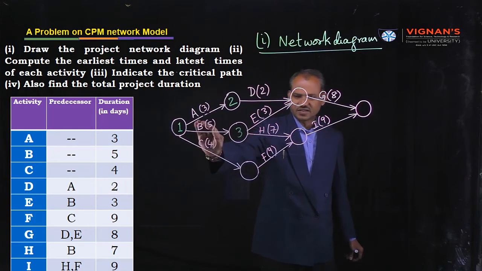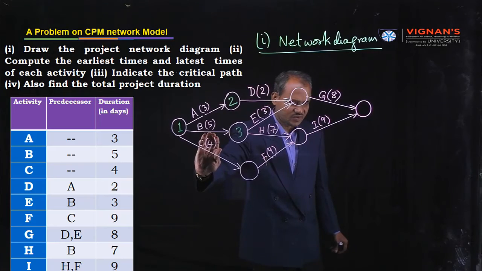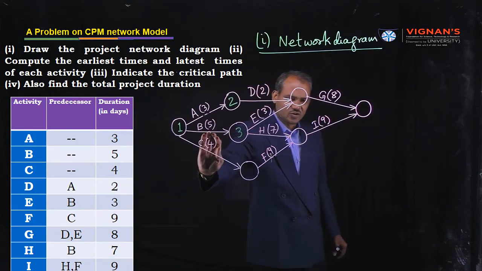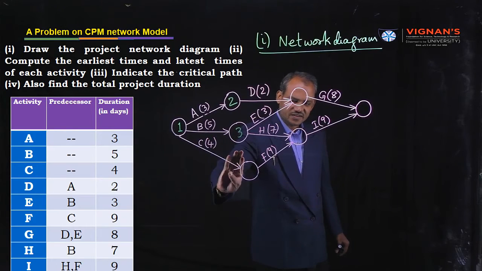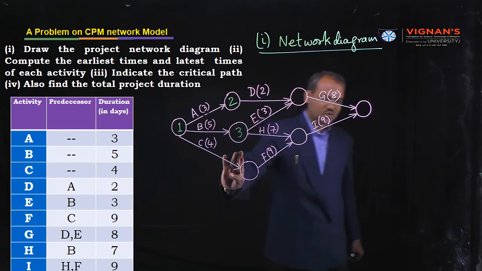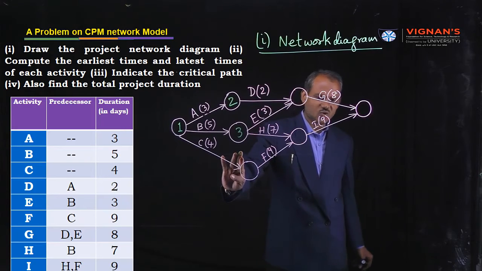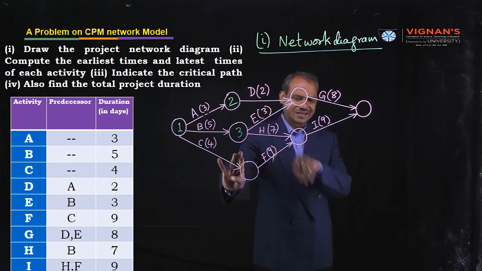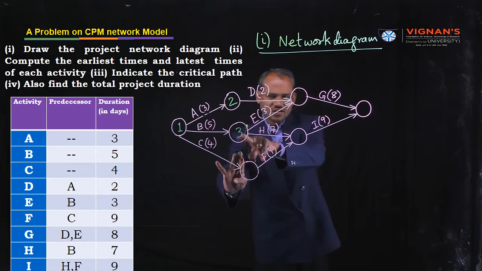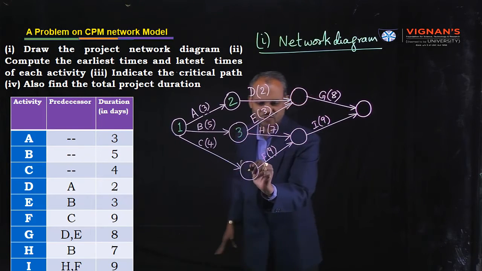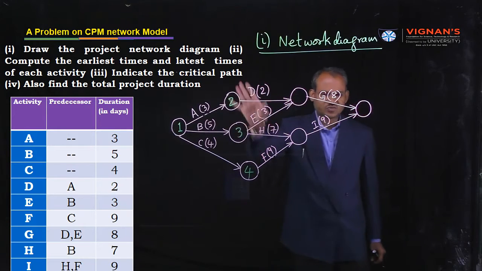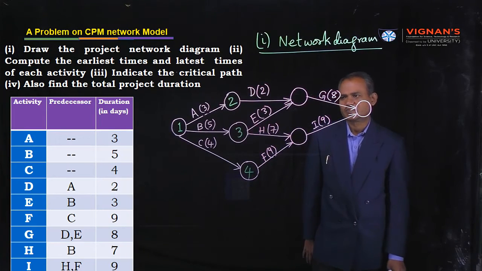That means C activity. Now consider C. Consider one by one, don't confuse. If you ignore this activity, it will create a new initial event or node. Now assign the next number. 1, 2, 3 are over, so the next number is 4. Assign 4. Like this, we have given numbers to the 4 nodes.